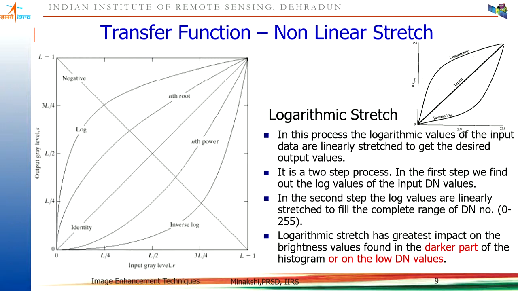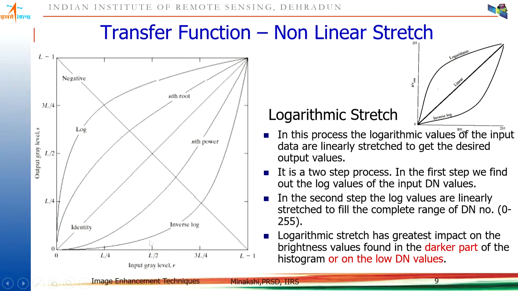And the second step, which is in fact the default step after all the image processing operations, is rescaling. After I have taken the log of the input values, I rescale the values to the range of the display device. That means I rescale my values between 0 and 255. And if I do the logarithmic stretch, if this is my half of the histogram, the logarithmic stretch is enhancing my low DN values here.